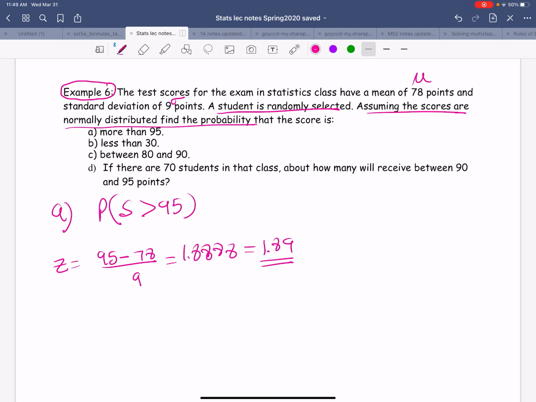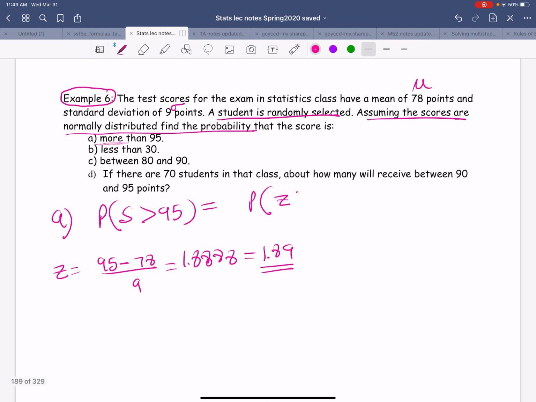Now we are looking for the area to the right because we're seeing more than. So we are looking for the probability, or the area to the right of z-score 1.89. Well, I do know my table doesn't give me area to the right. If I'm looking for area to the right, I have to do 1 minus whatever area I see in the table. So area to the right of 1.89 is,